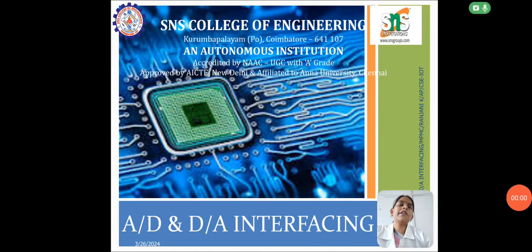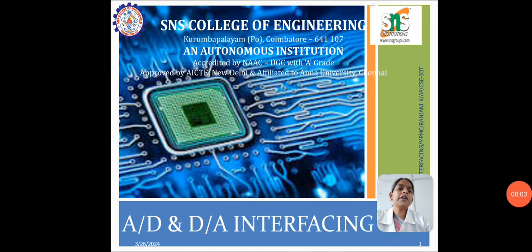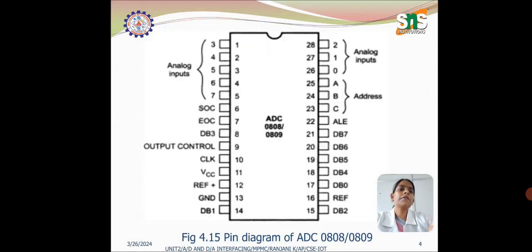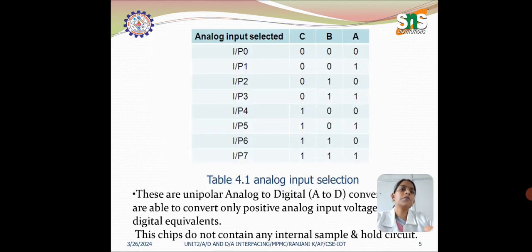Hi students, in the previous class we saw A to D and D to A interfacing, and let us recollect it. We use the 8255 chip to interface with the 8085 and 8086 microprocessors. Here, port A of 8255 is used as an input port, and also the pin